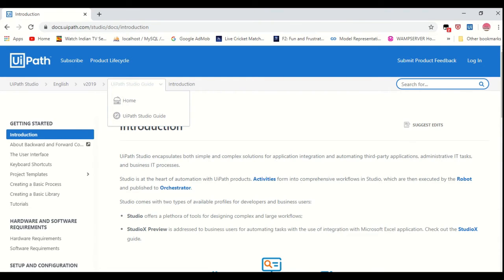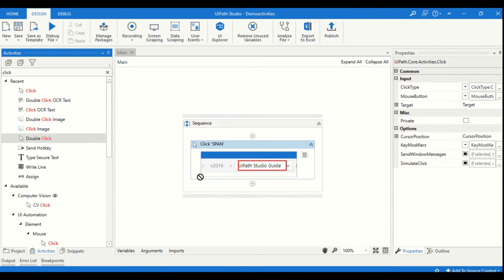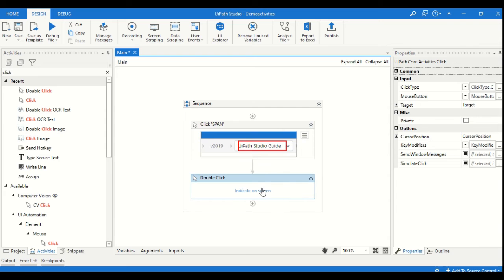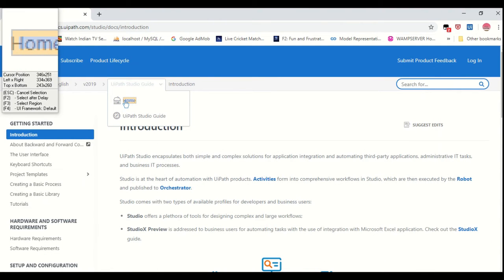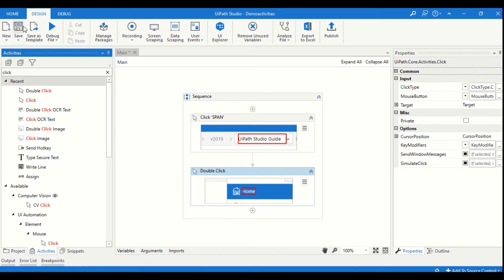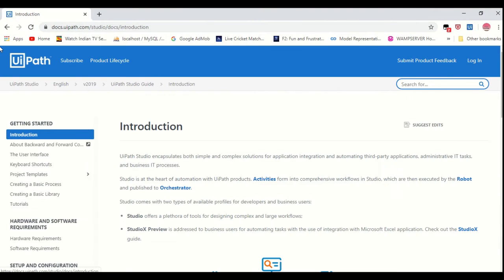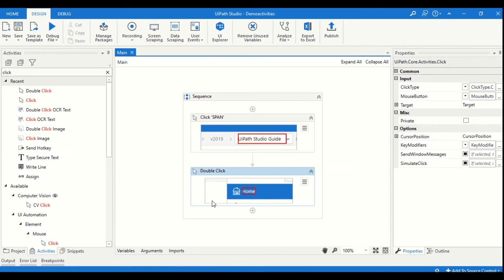Now we will click on that home button. After this we will take the double click, and we want to click on the home button, right? Now save it and run this again. Now it will throw an error because there is no home activity there.